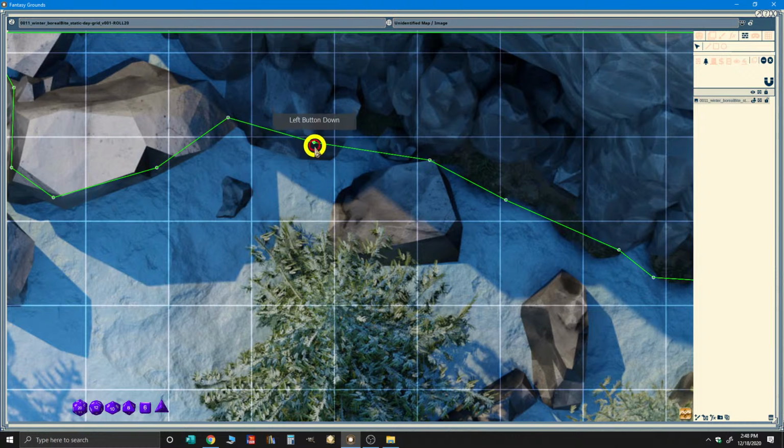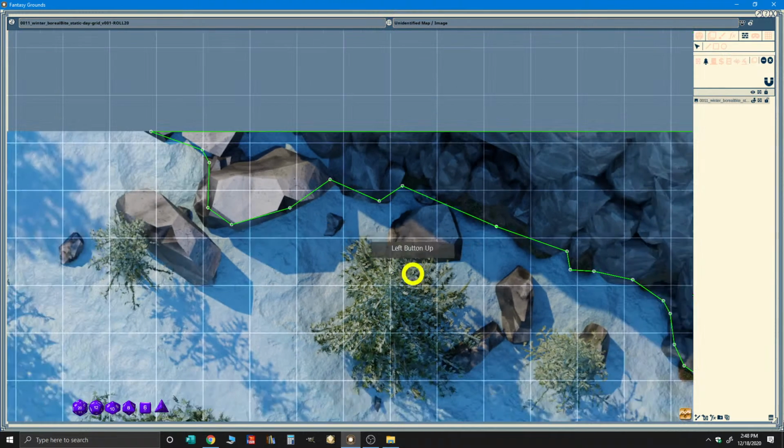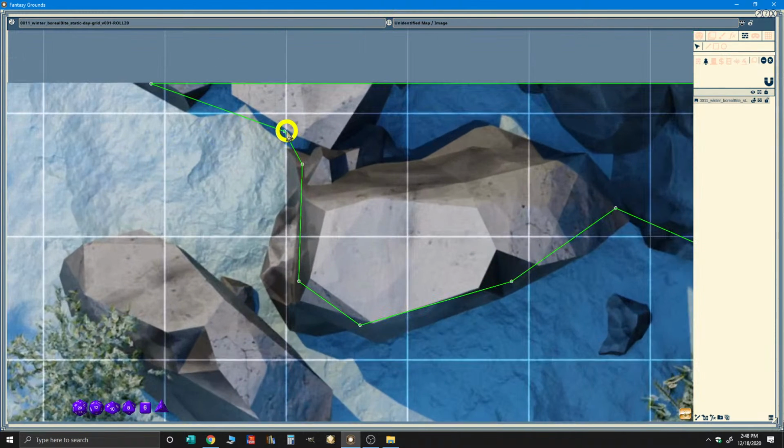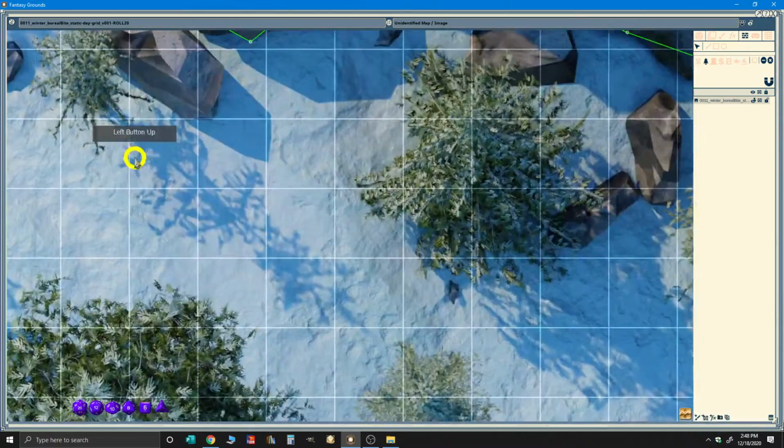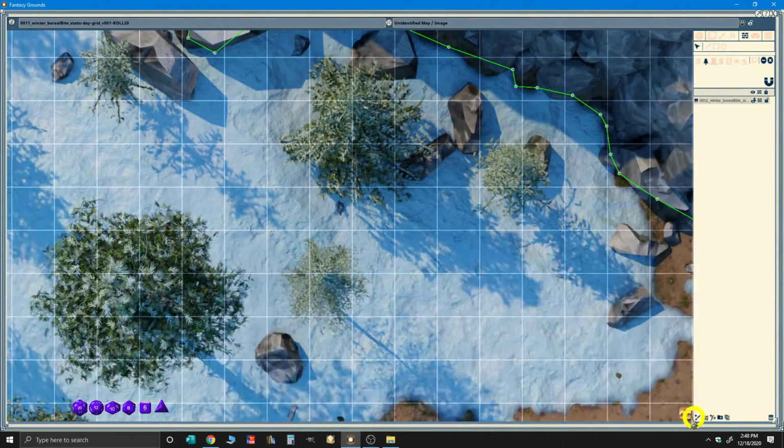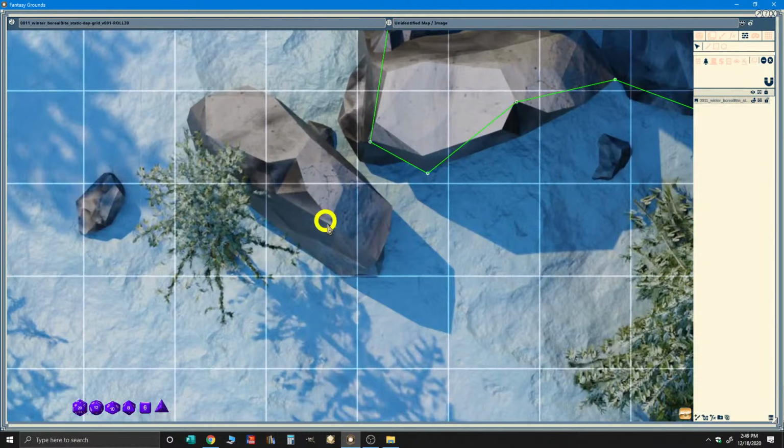And then the rest of this, if you wanted to, you can kind of fix it up. Like I said, it doesn't have to be perfect, just as long as it kind of shows what you're looking for. There we go. And if you wanted to, you could put some up on here. So if I go to the line mode,